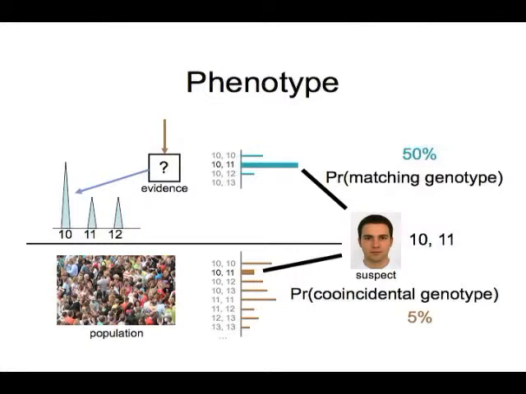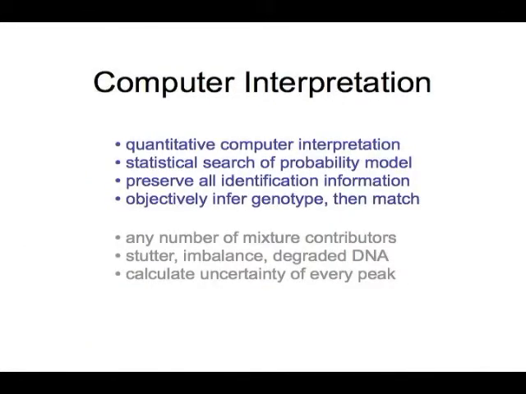So it makes no difference where the data come from, kinship, inheritance, mixtures. The concept that we have likelihood functions and the data is taming our uncertainty is statistically and mathematically the same. So to give you some sense of relief, we're not expecting that there'll be training courses where you learn to do all this by hand, which you may have been concerned about. Instead, we're really talking about computer interpretation, where you set up a problem, you give it the data, whether it's kinship data or mixture data, low template DNA, whatever, and then you let a computer run quantitative computer interpretation on it in order to infer